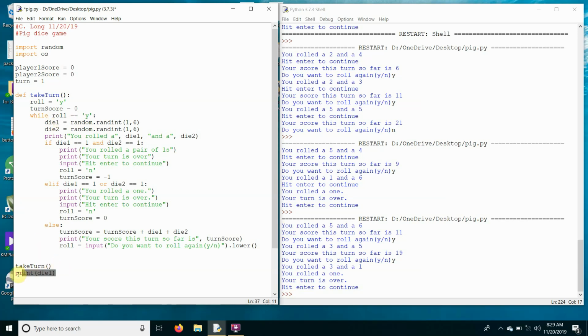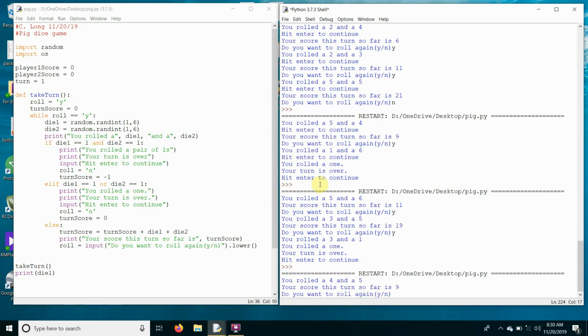And I won't get to this line of code until this function is done running. That's the way functions work. It finishes running this function before it moves on to this line. Well, when a variable is created inside of a function, it dies when the function ends. So the die1 variable goes away at the end of this. As a matter of fact, if we run this module,